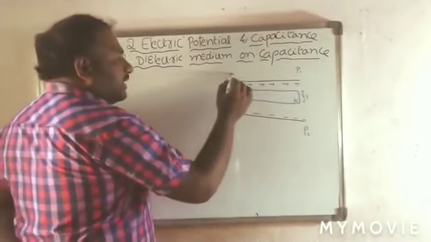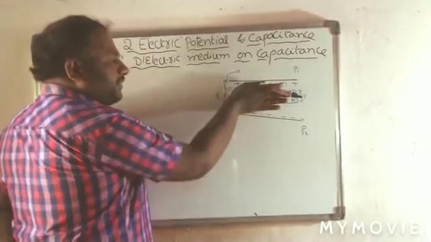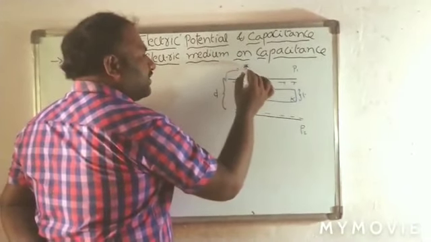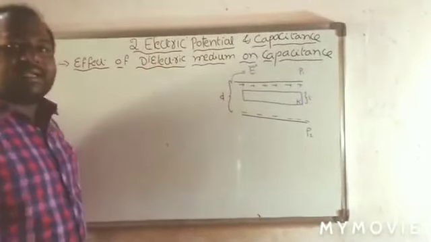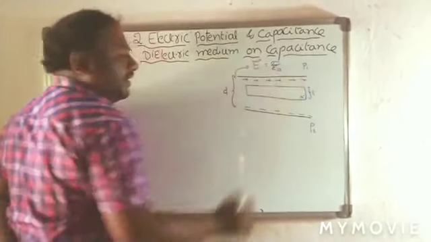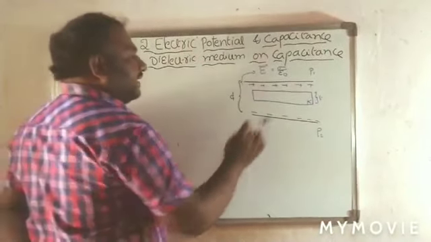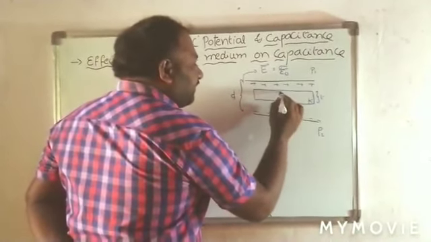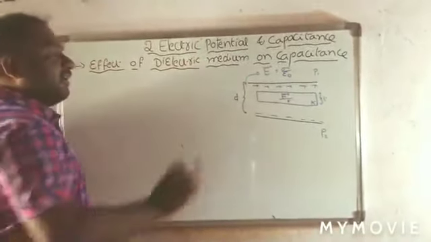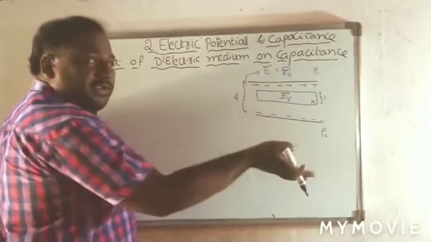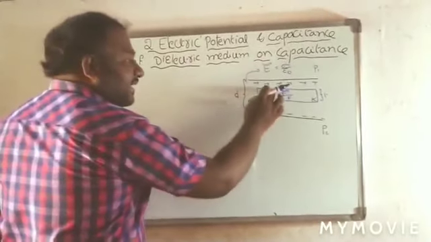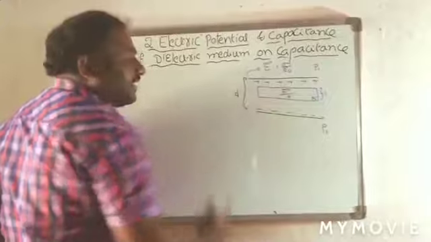We know that the electric field between these two plates without dielectric is sigma by epsilon naught. We assume it as E bar. The electric field between these two plates, E bar, is equal to sigma by epsilon naught. But whenever a dielectric is taken, the field in the dielectric becomes E bar by K. This is the important point. Whenever dielectric is not there, in the previous derivation the electric field between two parallel plates is sigma by epsilon naught. When dielectric is taken, the dielectric constant comes in.